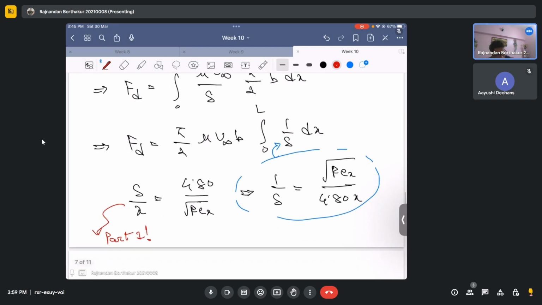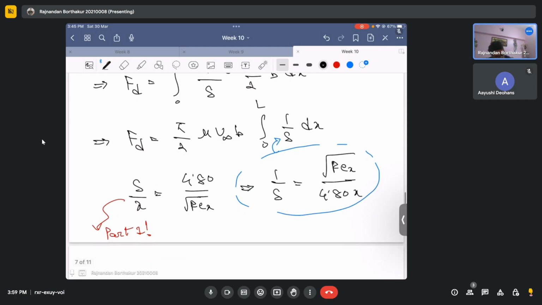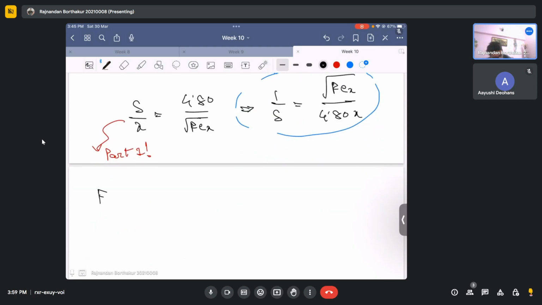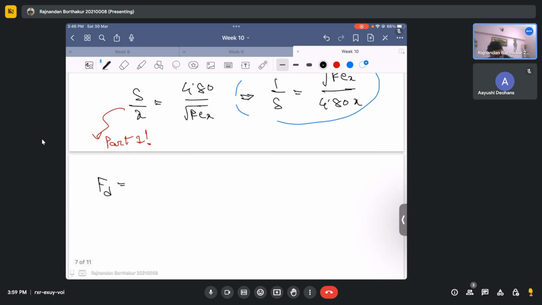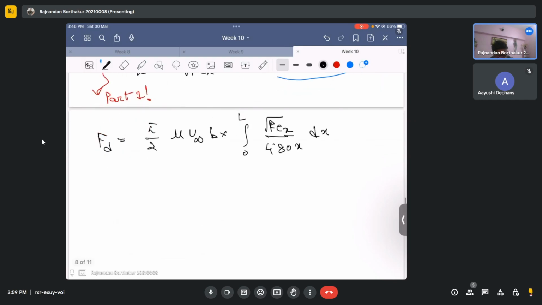Okay, let's do the substitution and try it out. So your drag force is pi by 2 into mu u infinity b into the integral from 0 to L of square root of Rex by 4.80x into dx. Now it's just math. You need to expand and write the value of Rex,